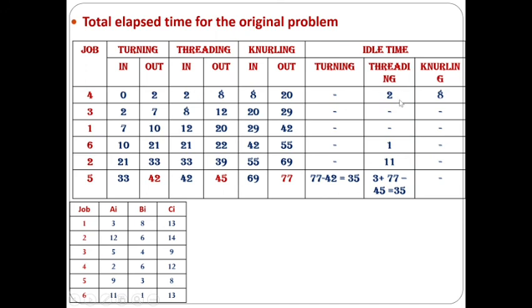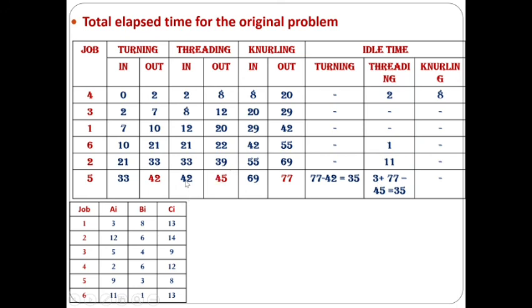So 2 units will be the idle time for the threading operation here. And after this, 8, 8, 12, 12, 20, 21. Here there is 1 time unit of idle time. Then 22, 33. 33 minus 22, that is 11 time units of idle time for the threading machine here. Next, finally, the time out of the last job from the threading machine is 45, but the total elapsed time is 77. So before that there is some more, some 3 time units,